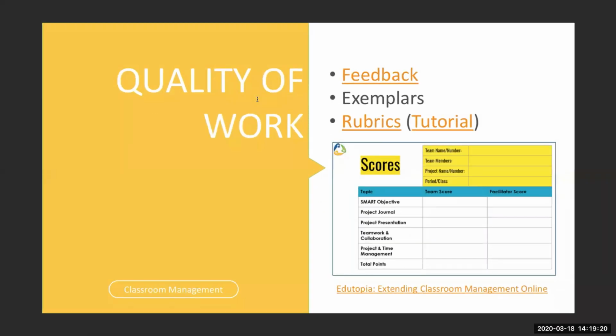Providing exemplars is something that you could share mid-project if you have some students who are doing really well and there are components that you want to show off and say, hey, this is high quality. These are the pieces of it that are really great. Look at yours and see how you can elevate the level of your work. It can also be attached to the original assignment if it's helpful and doesn't give too much away.